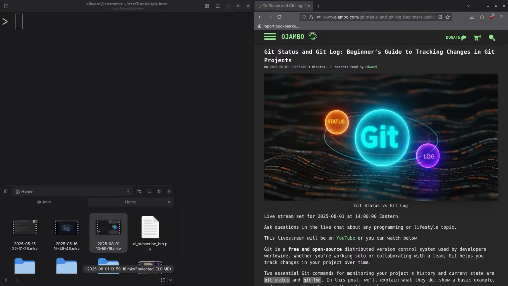In this tutorial, I'm going to explain the differences between Git status and Git log for tracking your changes in